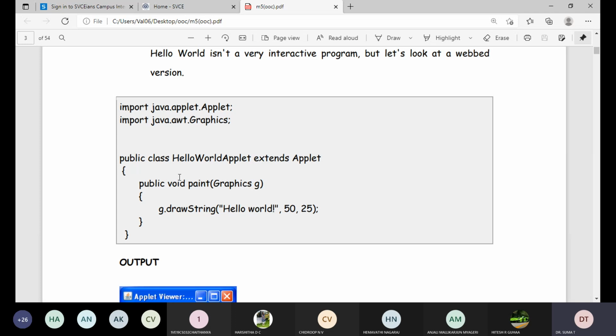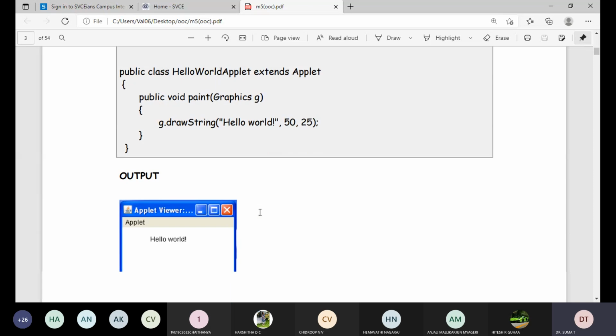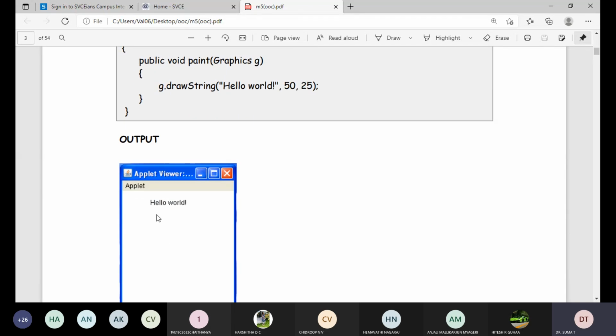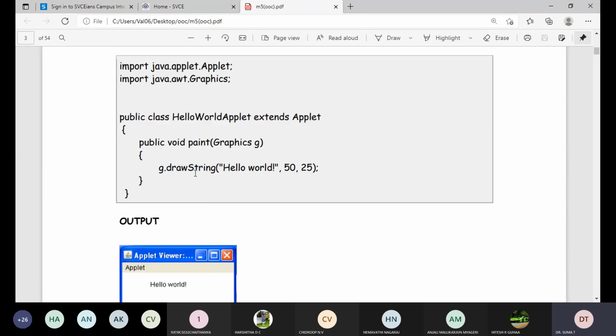Here HelloWorldApplet is the name of the class we have given, and we are going to print in this format. Applet hello world, only one. So g.drawString hello world in the horizontal and vertical positions, that is the x-axis and y-axis